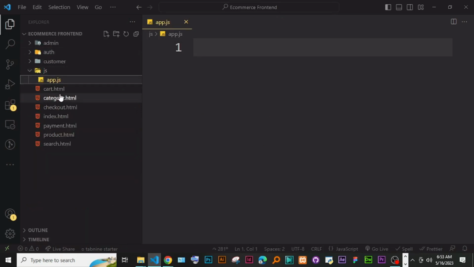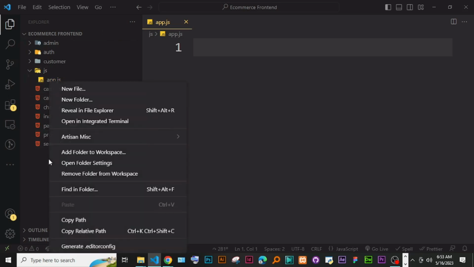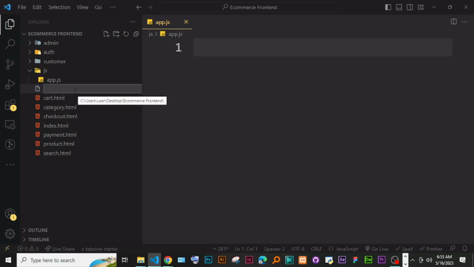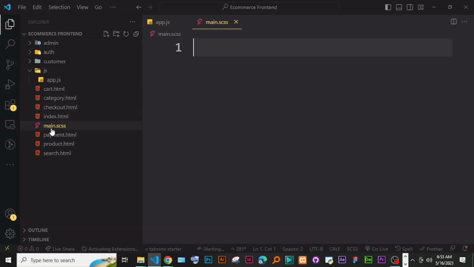So when you are done with that, when you come down here and create anything to do with SAS, I'm just going to say here, for instance, main.scss. This one is going to be the main one that is going to hold our SAS. If you see here main.scss, you will see that my file has changed the icons. By the way, if you are wondering where I'm getting all these nice icons, simply install